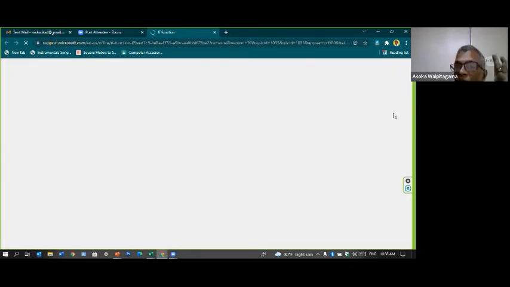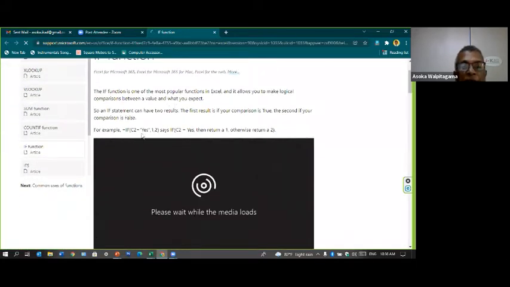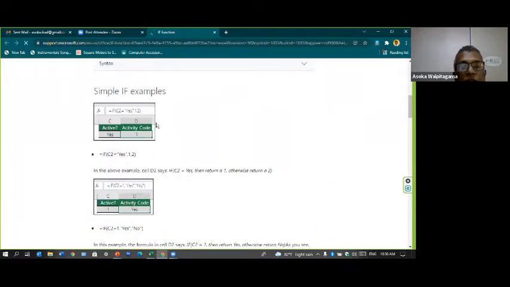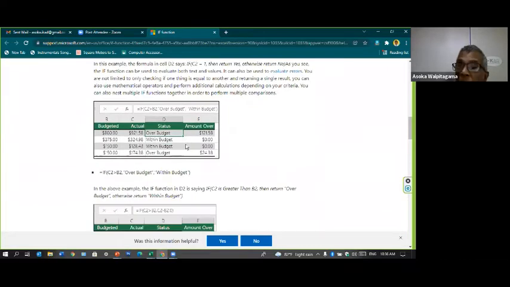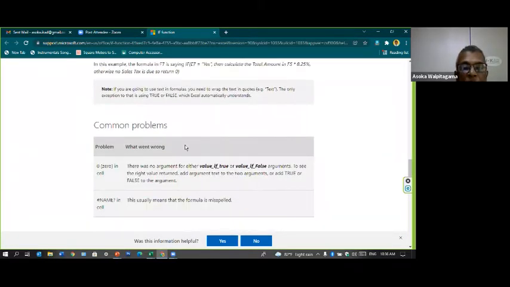What does it do? See, what is the syntax? Simple if examples. All these things are there. You can study on your own. Common problems. There you are.